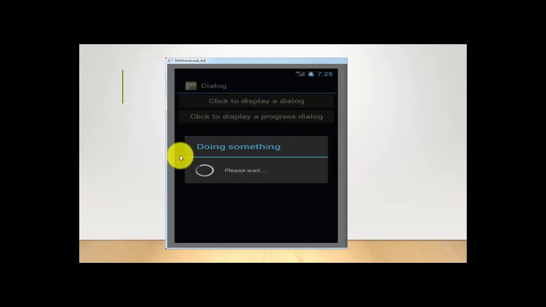See, this is the output of the progress dialog box. Here we have the message "Doing something". This is your progress. This will show the 5 second progress. "Please wait" is the message. After clicking on the button, click to display a dialog, it will display a progress dialog like this, and this is your output of the progress dialog box. Now remember, students, this is one of the very important classes available in Android, which is used to show the progress of any task that you want.